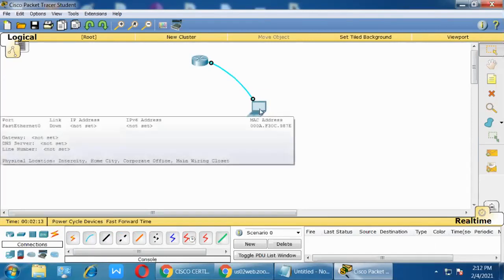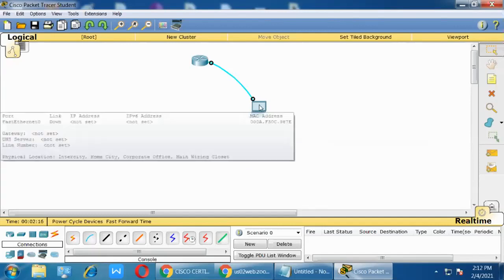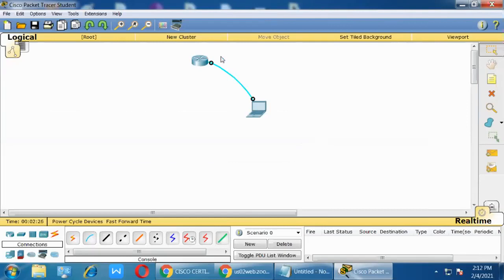Now in your laptop you must have one application. With the help of that application you can enter the router. That application is PuTTY or Tera Term or HyperTerminal. If you are using the XP operating system, HyperTerminal is available by default, but for Windows 7, Windows 8, Windows 10 you have to download it. It is free of cost, or if you want to pay, you can pay.